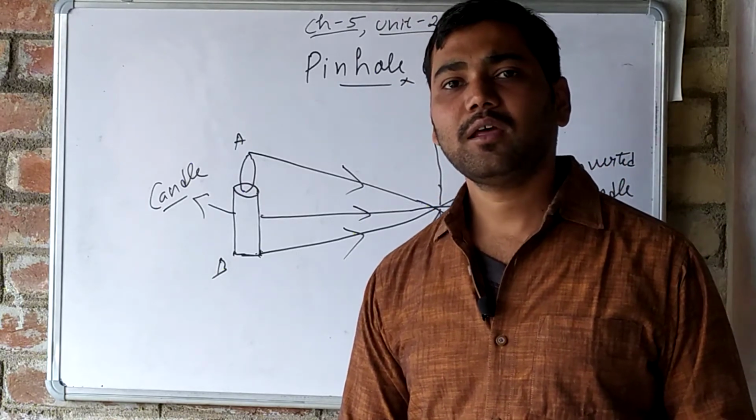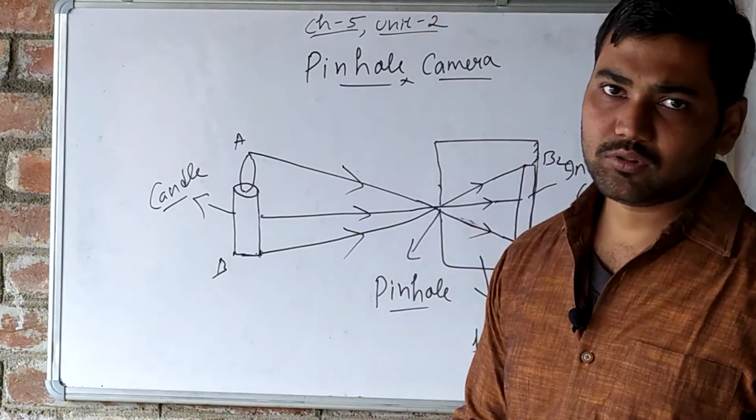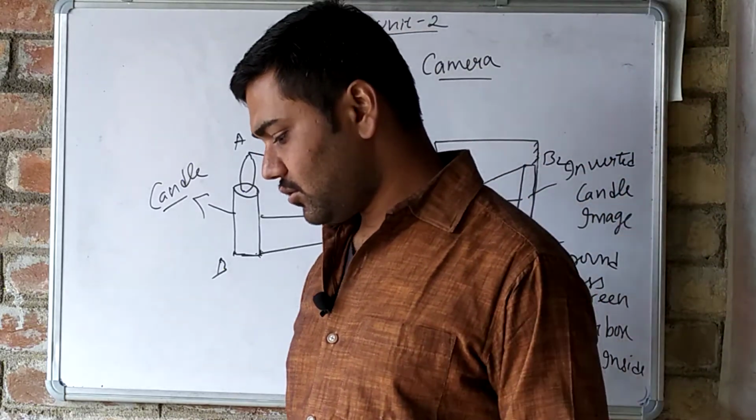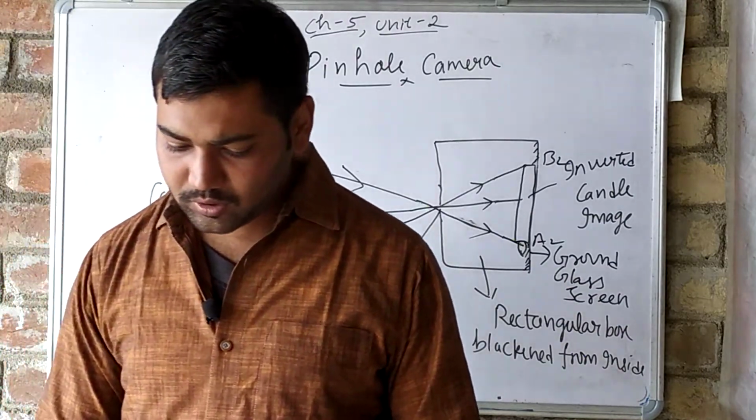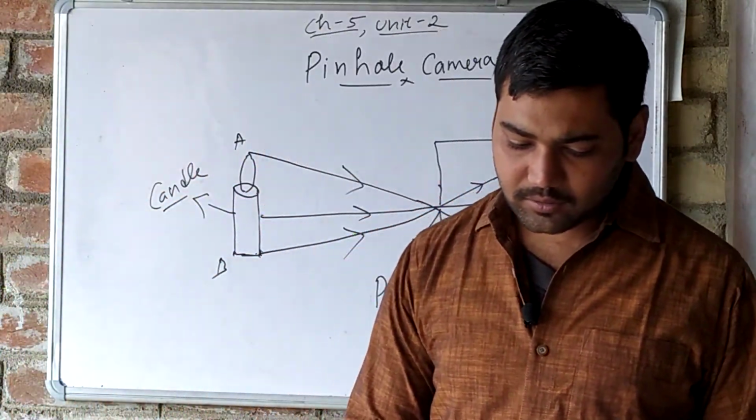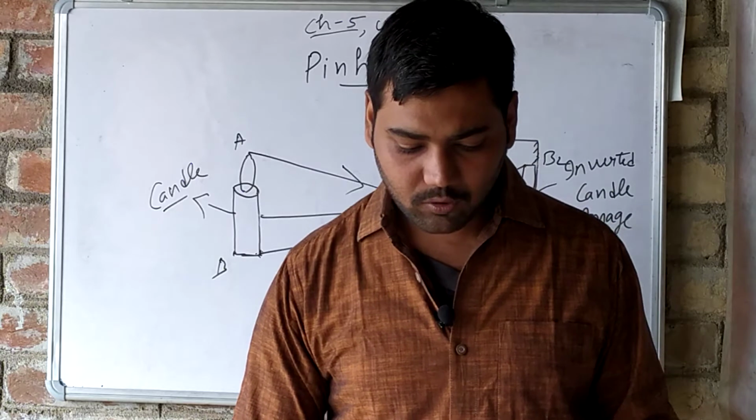But the image from a pinhole camera is not as bright and as clear as the image found by the camera. So this is the drawback. This is the whole working and construction written here in the book. You have to read it. Some highlights: it is written about the characteristics of the image found in a pinhole camera.